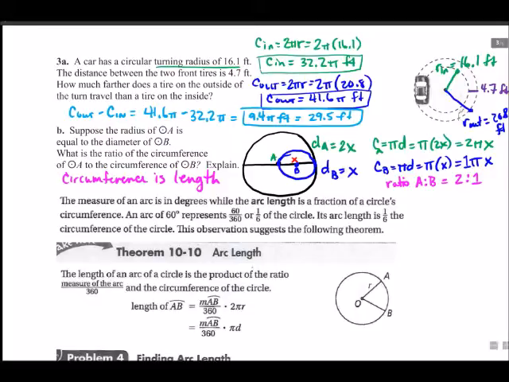Well, I just called the diameter of B x, and that means that the diameter of A is 2x, because radii are congruent. And then I just did my formula. I got 2 pi x and 1 pi x. The pi x is going to cancel. It's just a 2-to-1 ratio, which makes sense because